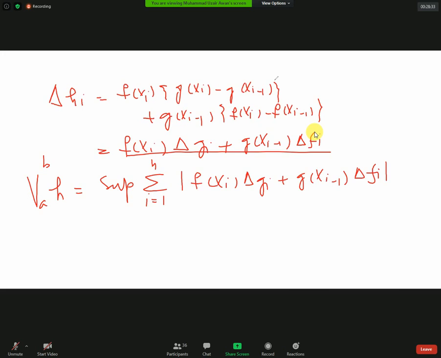So suppose that f is bounded by M1 and g is bounded by M2, so that will be, इस पर सबसे पहले ट्रायंगल इनइक्वालिटी लगाएं, that will be less or equal to